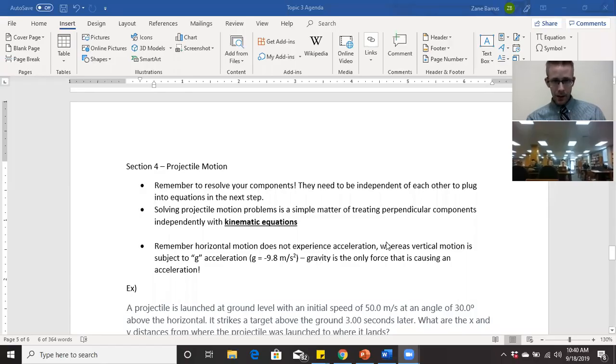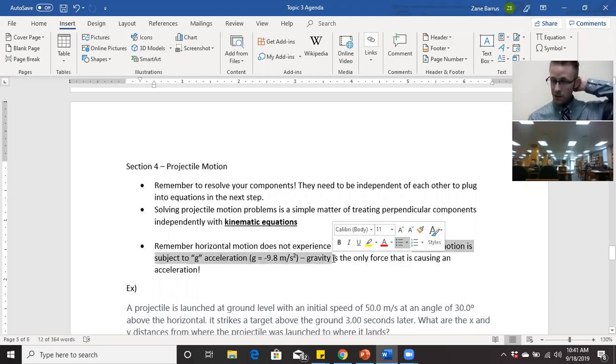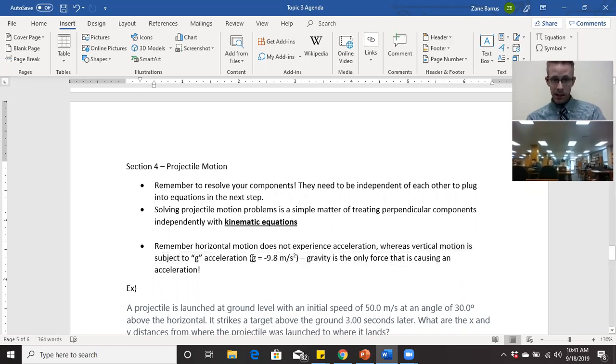Okay, so vertical motion does experience an acceleration. That acceleration is due to gravity. Gravity is the force with which the Earth pulls on objects, and that force causes objects to accelerate when they are in free fall. Okay, so in topic 2, you probably read that the acceleration due to gravity is represented